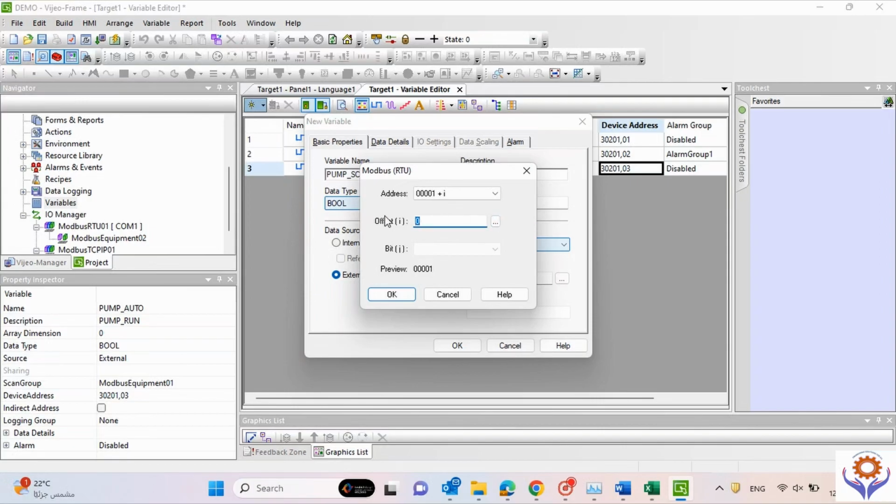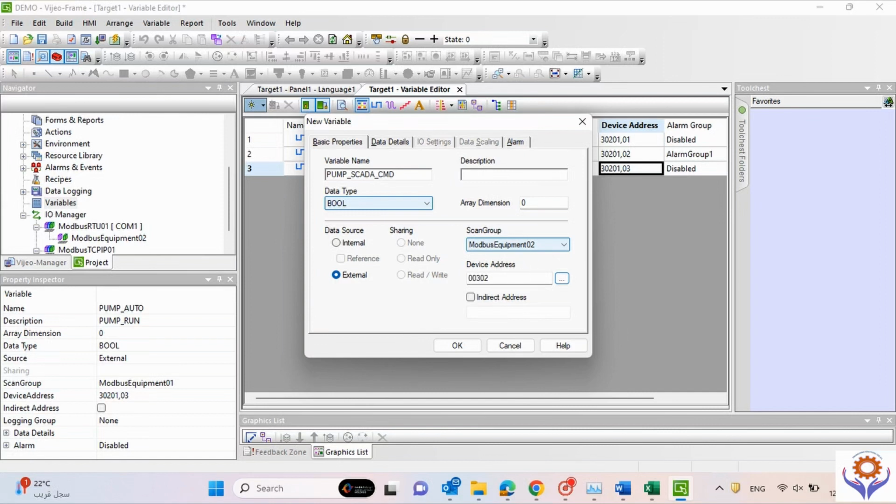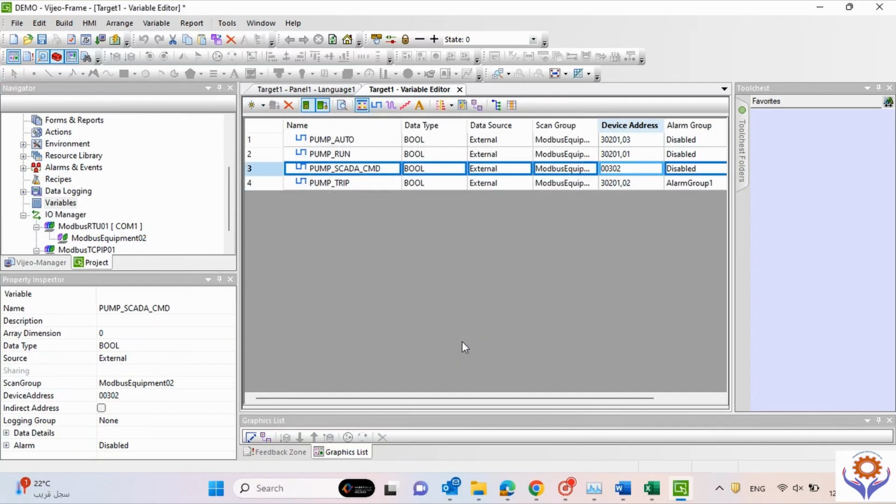I will give here to like 301. See, if you give 301, it will be add 1, because this is +1. Okay, so it will be add 1 address more. So this is your 302 is your input command for the SCADA. Just I will add, it's added here. And now, okay, 302 already, 20 you added for DI, 30 I added for command, and I will add one more address